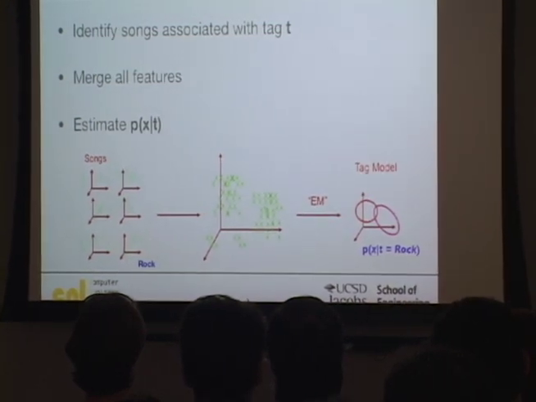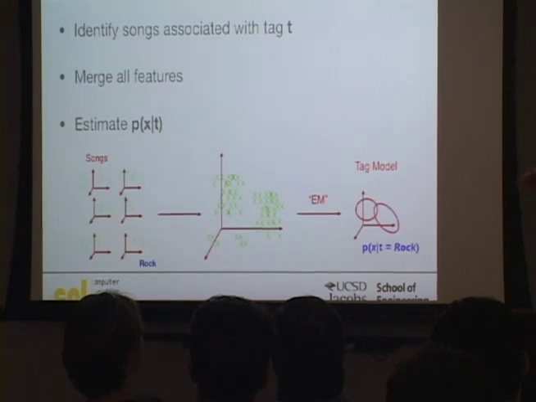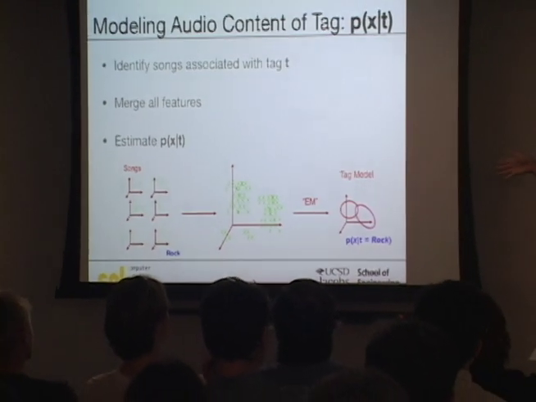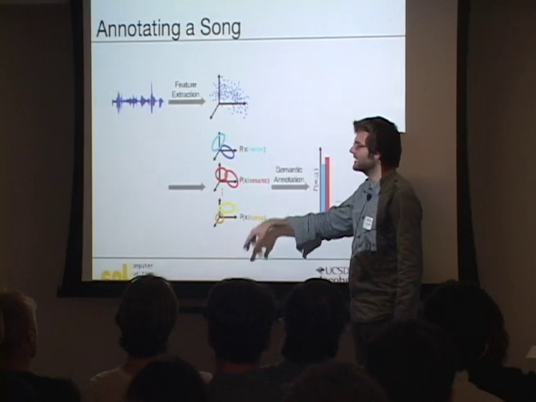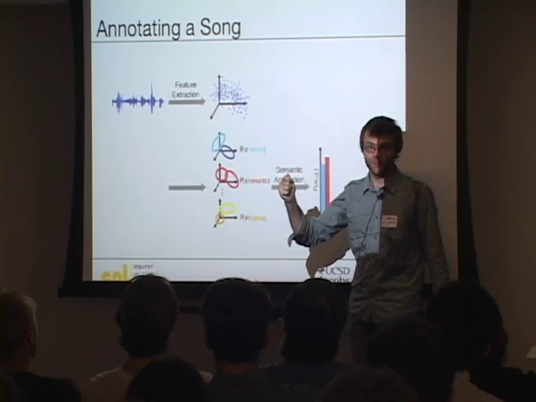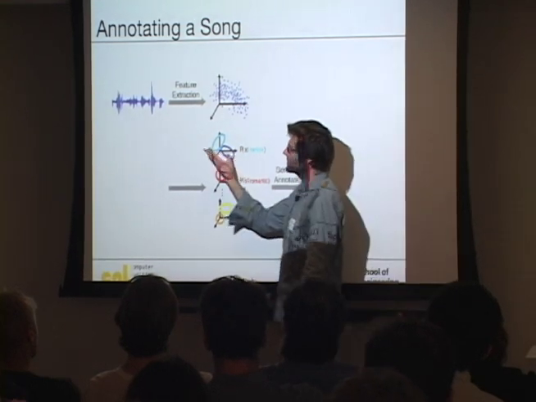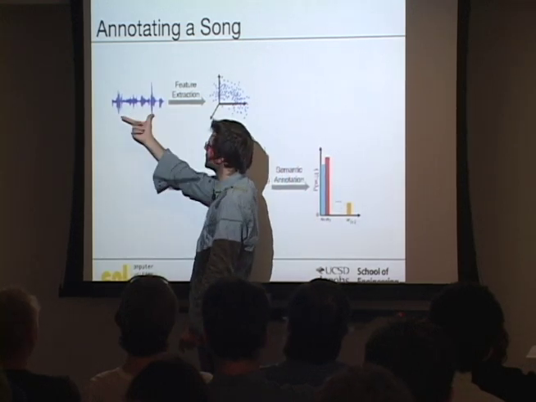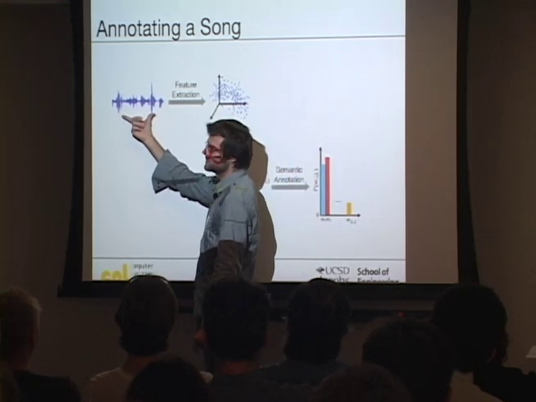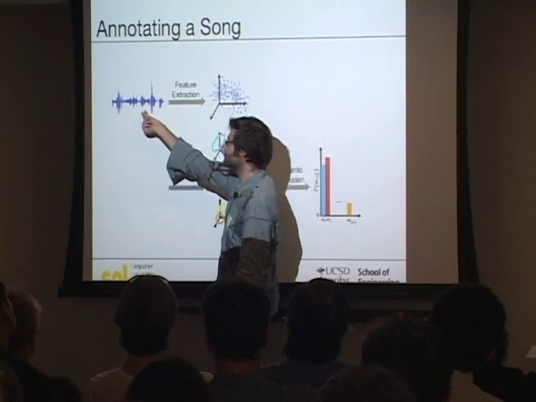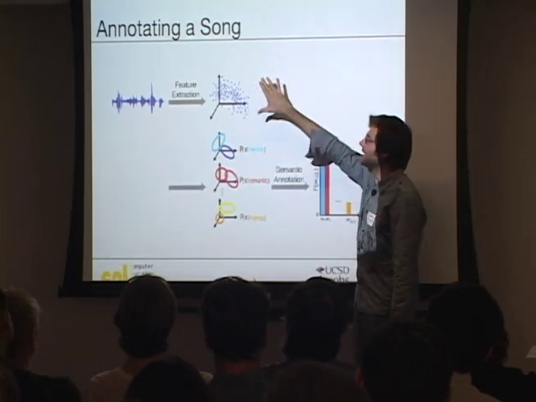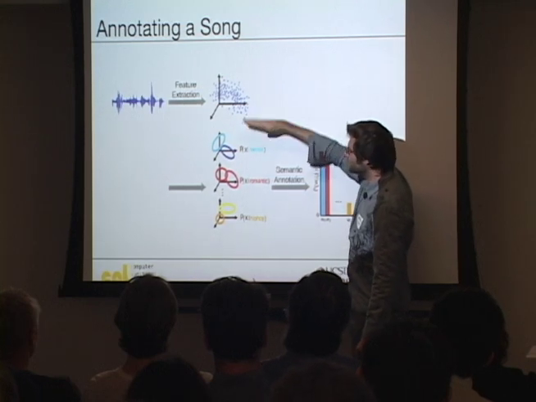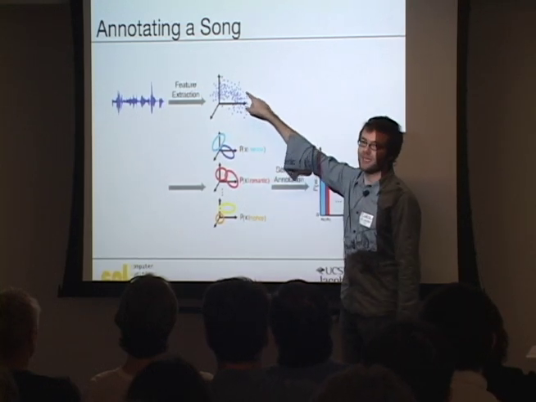Now we can do this for rock, we can do this for hip-hop, romantic, jazz, driving, romancing, whatever you want to do. In the end, we end up with a big portfolio of models that characterize each of these tags. All right? So now, given a new song that the computer has never heard before, what the computer will do is first chop this song into little pieces, extract features from each of these little pieces to represent this song also as a cloud, and then we can look at which of these models explains the cloud best,